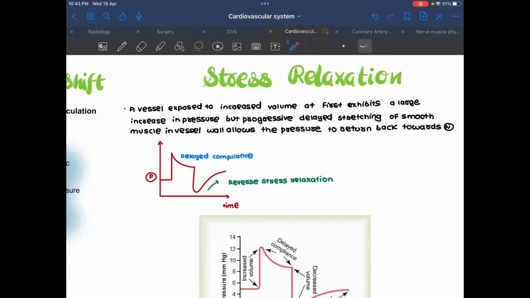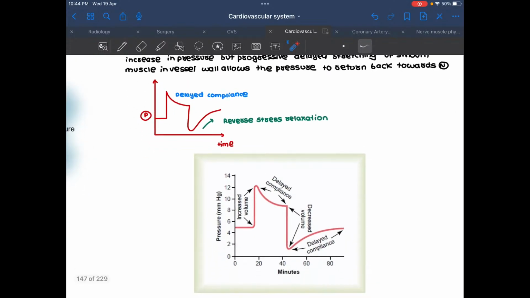The second one is stress relaxation. What do I mean by that? Stress relaxation means whenever a vessel is going to distend, initially because of that distension and pressure, the pressure in that vessel is going to increase, till a point. After that, we're going to have stretching of the smooth muscles present in the vessel wall, and they will dilate. Because of that its compliance is going to increase and now the pressure is going to fall. So what are we seeing? Initially I'm seeing a spike in the blood pressure, and now I'm seeing